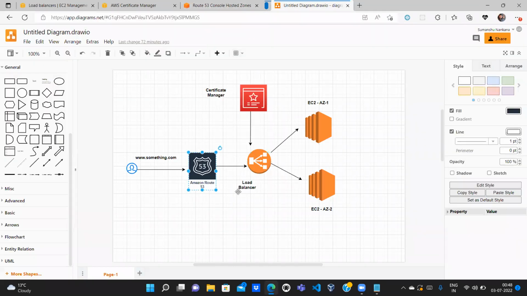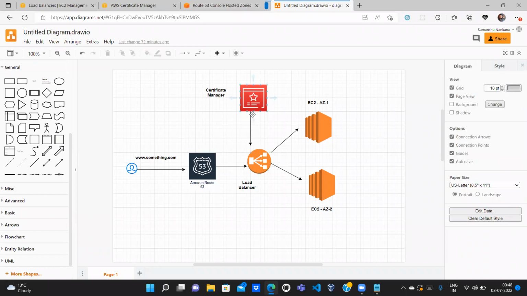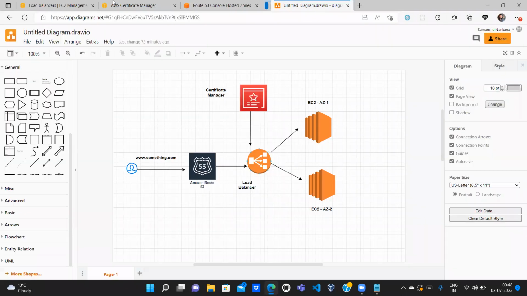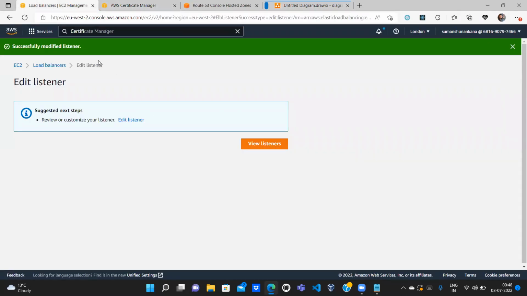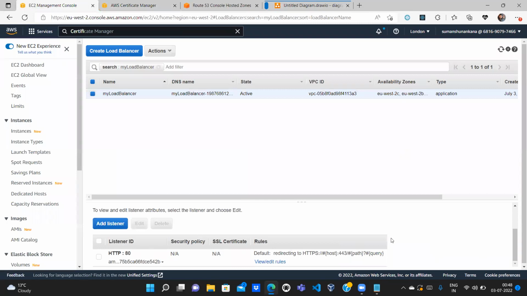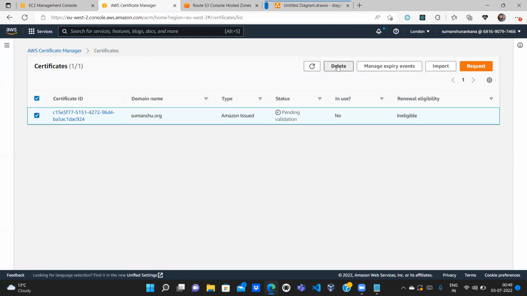Okay, so we have attached our load balancer. We have created our certificate, but the certificate is not issued because we know the domain is not one we have purchased, so we can delete that. Here is how we attach the certificate to the load balancer, within the listener. As soon as we add another listener, HTTPS 443, it will ask for the certificate you want to attach. So let's delete that